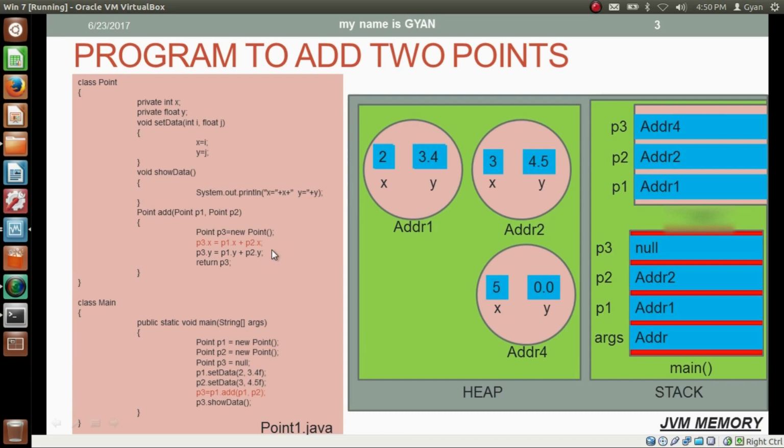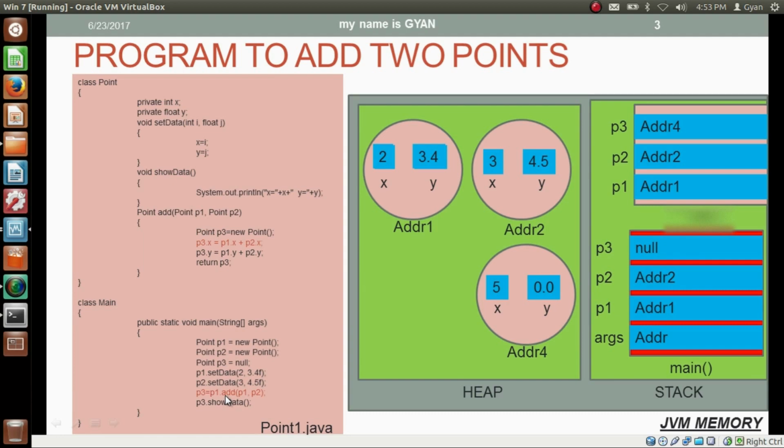Notice here that we are not using only x or only y in the body of the method add. So the caller does not matter here, because when we write only x in the body of the method add, that x will be the instance variable of an object whose reference is used to call the method. But in this case we do not have only x or only y here. So the reference variable by which we call the method does not matter, because the instance variable of that object whose reference is used to call the method is not going to be affected. So it does not matter how the method main is calling the method add. The method main can call the method add by using the reference variables p1 and p2. The result will not vary.